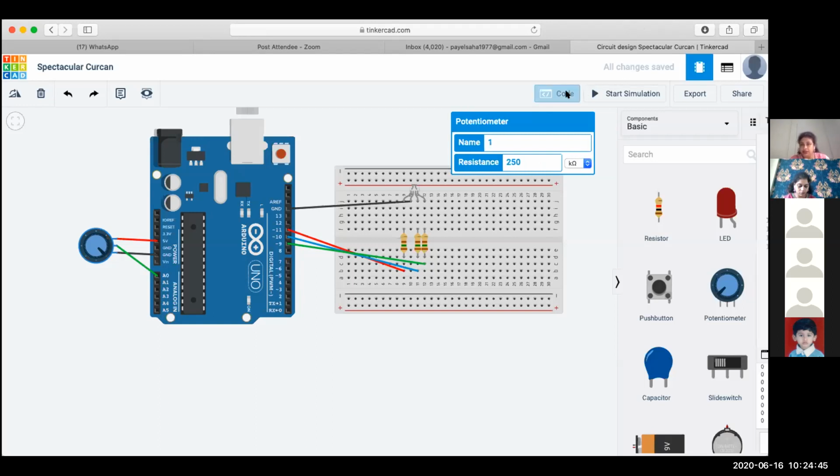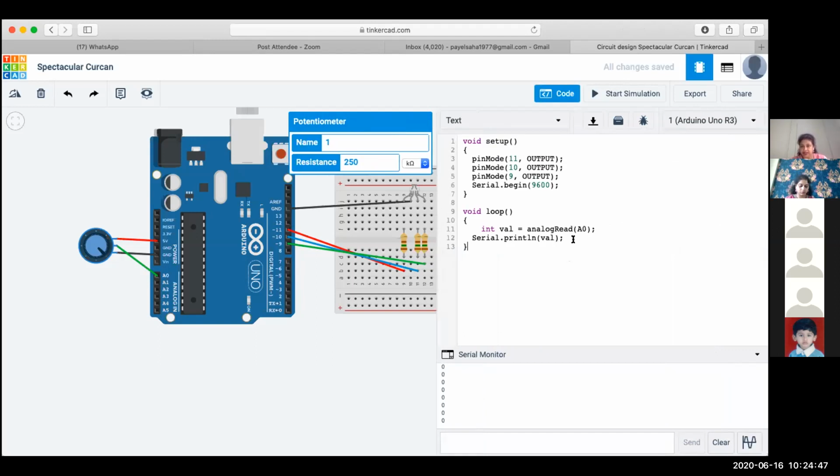Now I go back to the code and see which command will give me that feature. Here we have a command which we call map. Map is a function which is used to scale down or scale up values. We are going to scale the value which came in from the A0 pin, which we had stored in the variable val.